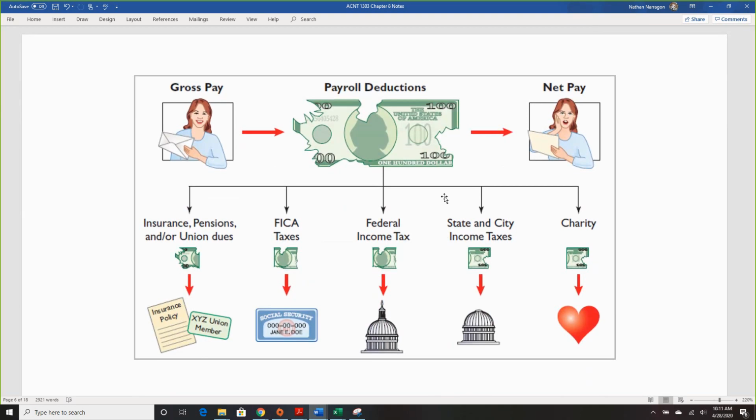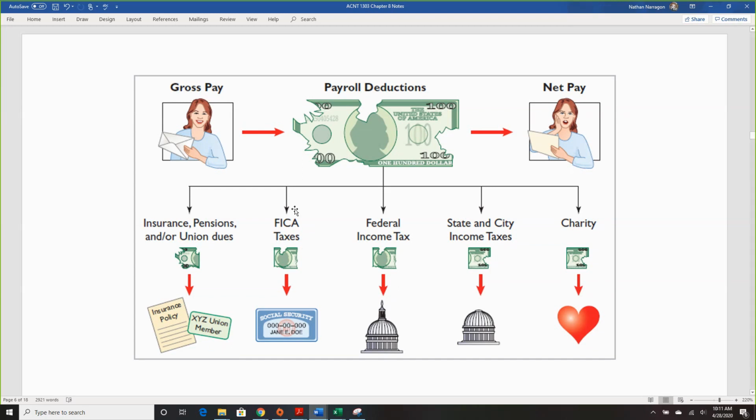But unfortunately, we all know that's not what you get. And I do love this graphic because she's all happy, going, yay, I got my paycheck. And then she looks at it and is like, oh my God. I get so little. I think this is all of our expressions when we see our paycheck. But the reason why is, again, a lot of payroll deductions end up coming out. For most of us,